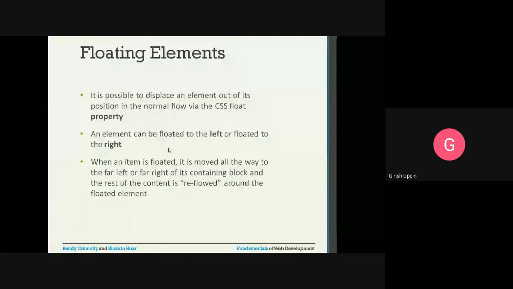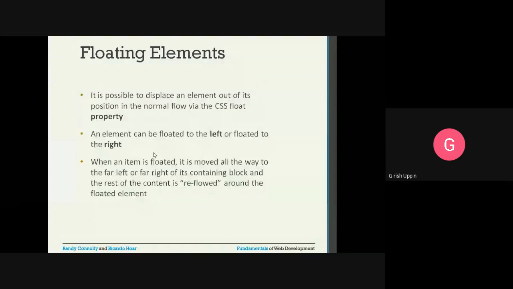If we set the float property as left, then it will be floated to the extreme left of that particular container. And if you set it as right, the element will flow to the rightmost corner of that particular container. When an item is floated, it is moved all the way to the far left or far right of its containing block, and the rest of the content is reflowed around the floated element.